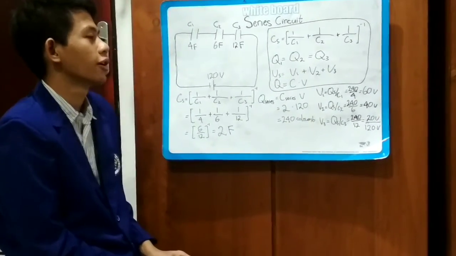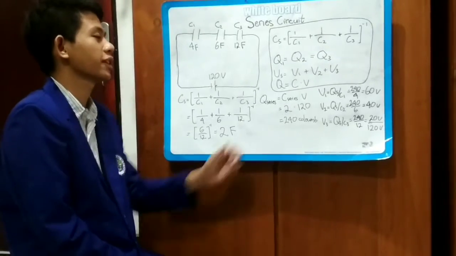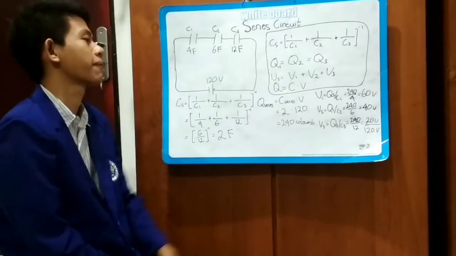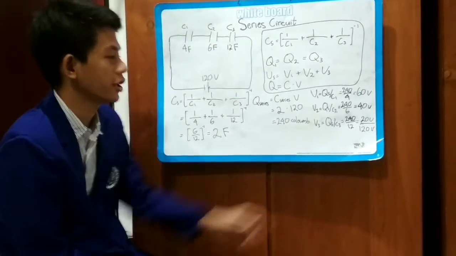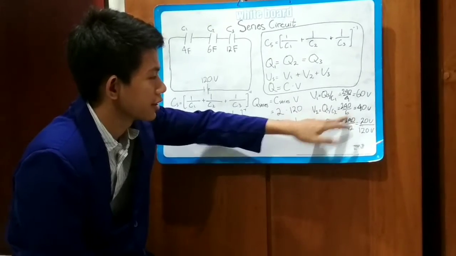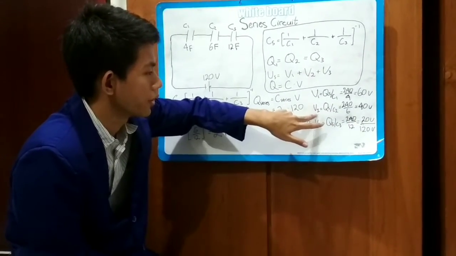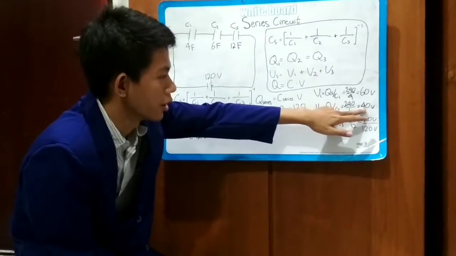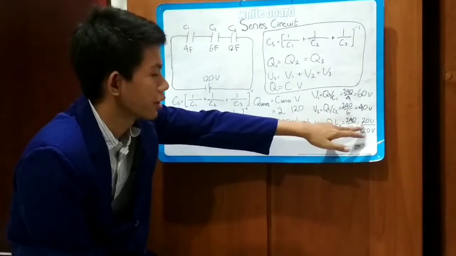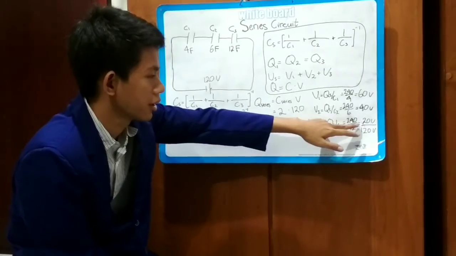Now you can do the same thing for V2 and V3. So in here we got the result, and this is the value of V2, 40 volts. Then we got the value of V3,